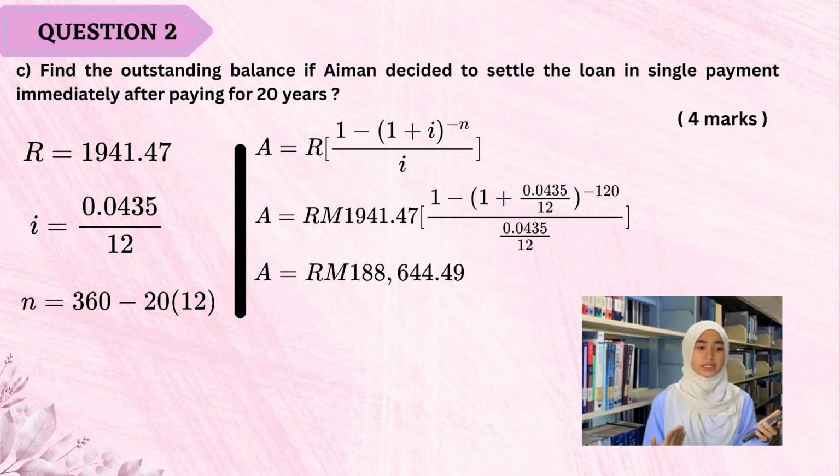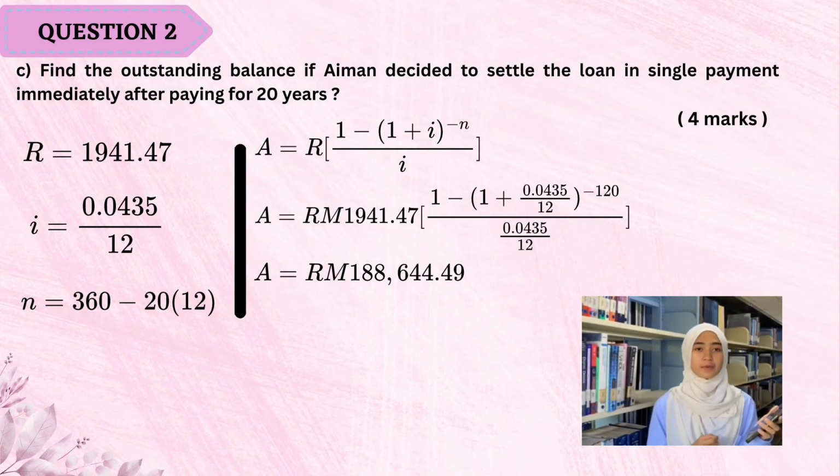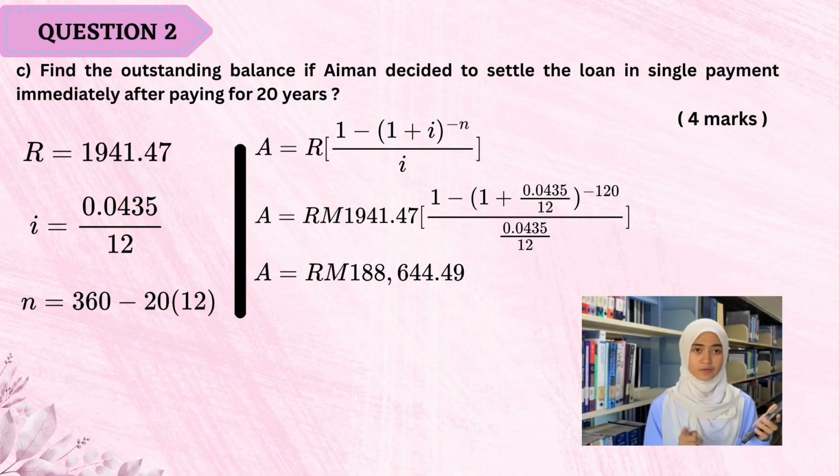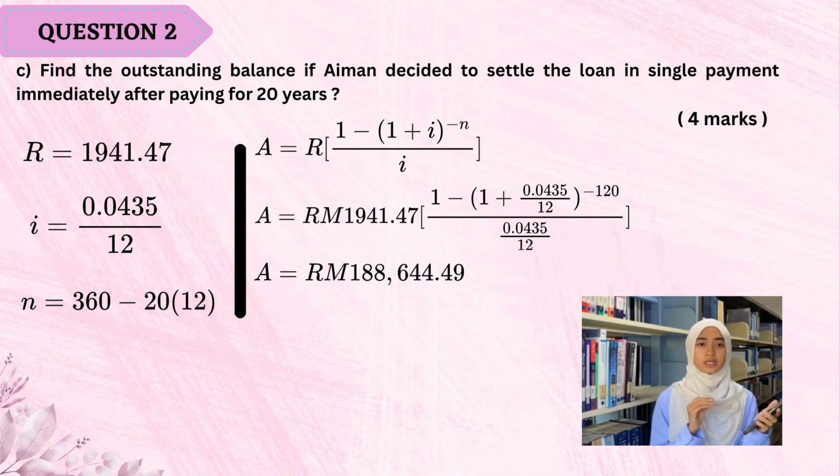For the last question, find the outstanding balance if Aiman decides to settle the loan in a single payment immediately after paying for 20 years. For this question we will use the present value formula, and from this we need to find R, i, and n. For R, same as the previous section, RM1941.47. For i, 0.0435 divided by 12, and for n, 360 minus 20 times 12. So you will get 120, and put all this information into the formula, and the final answer you will get